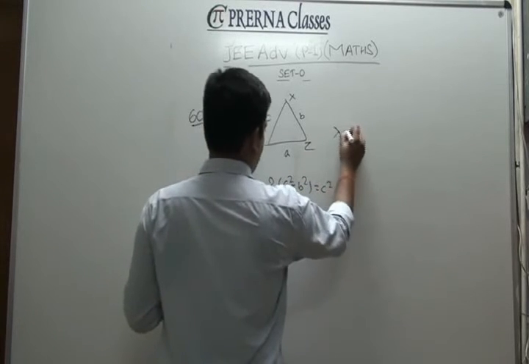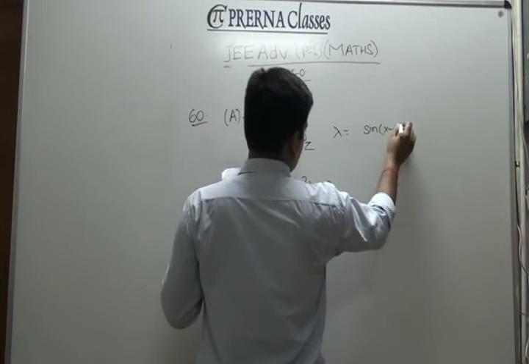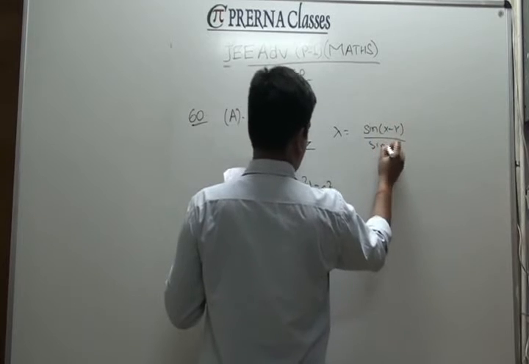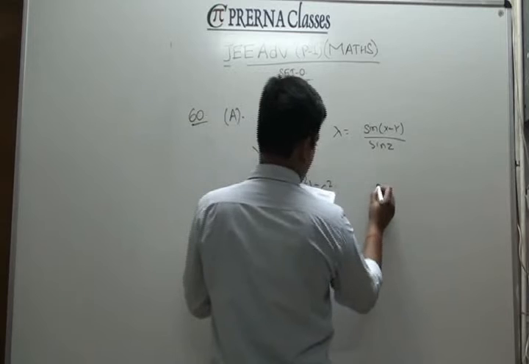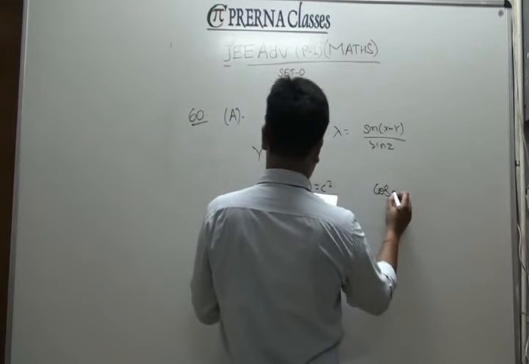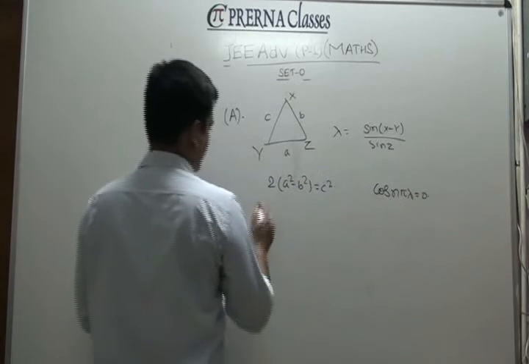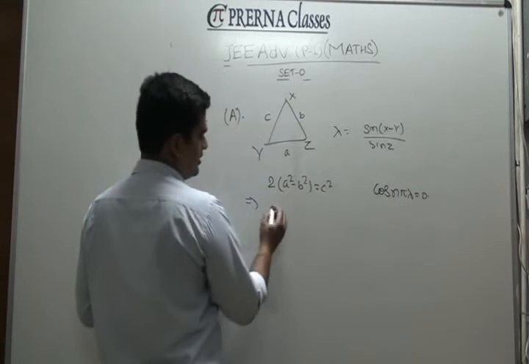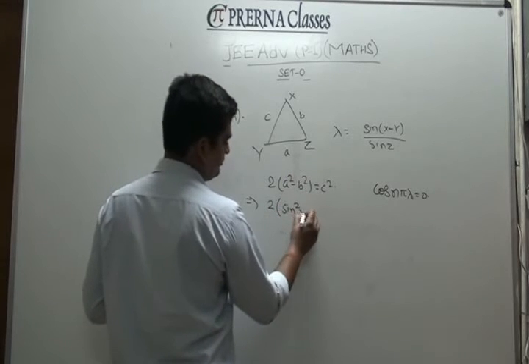And then you have to find out lambda equal to sine of X minus Y by sine of Z, on the basis of which you are looking at the values of n, for which cos of n pi lambda is equal to 0. If you rearrange this using sine rule, you can check this is going to be equivalent to